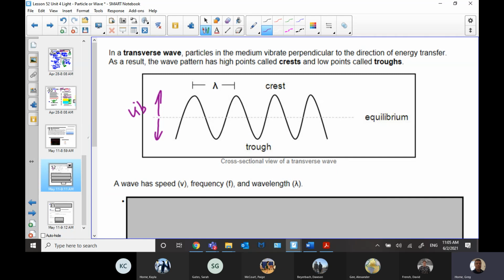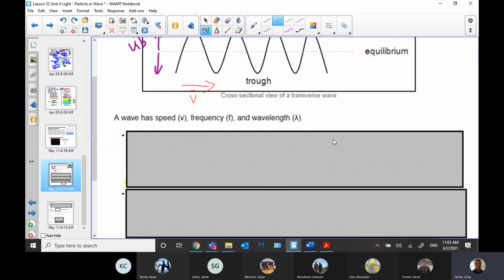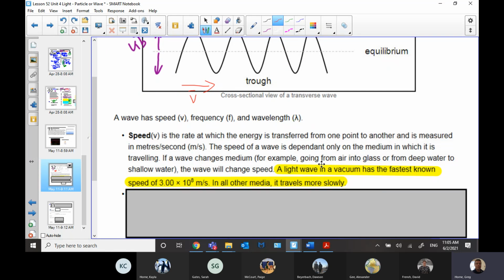Right, vibrations that way. And then the actual velocity of the wave is, going with a white marker here by accident, the actual velocity is this way. So they're at 90 degrees to one another. That was our transverse wave stuff we've talked about. Obviously, we know we've got v equals f lambda.